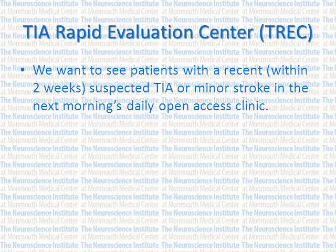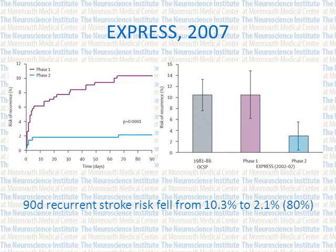Okay, this clinic is going to be available every day, Monday through Friday, as needed. We're going to get patients seen no matter how many and get them evaluated quickly to prevent them from getting strokes. Now, this type of clinic may be new to the United States, but it's already been tried and tested